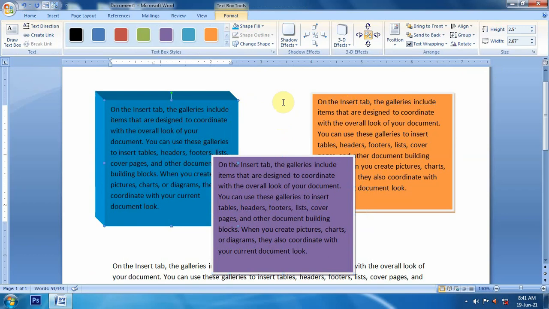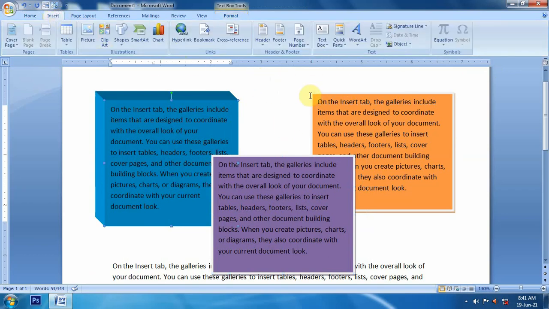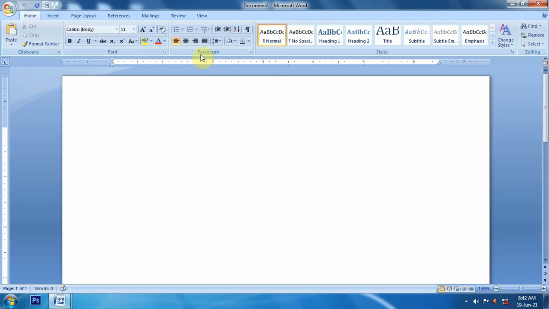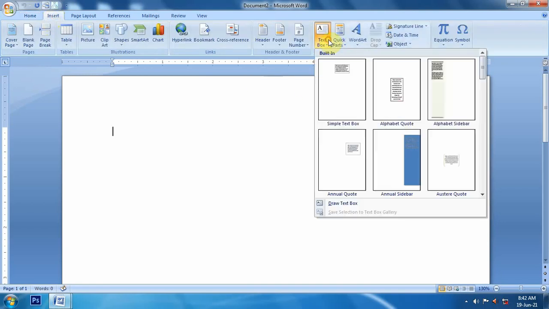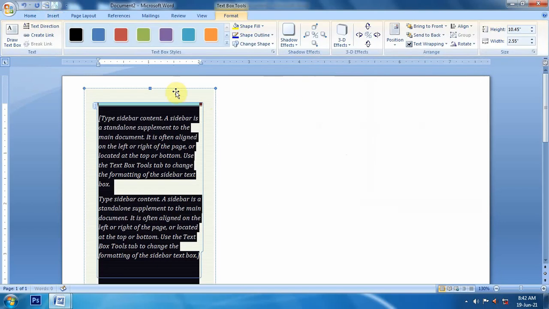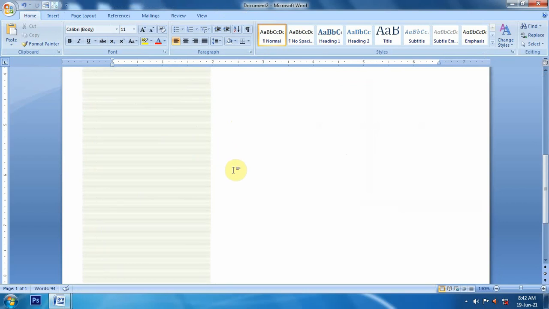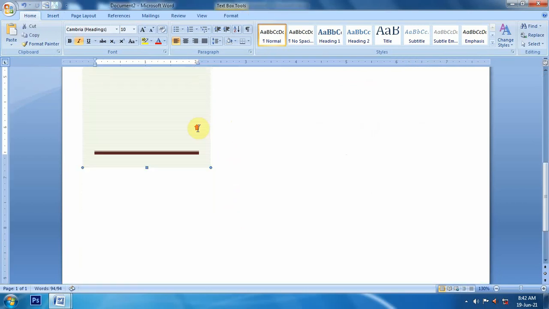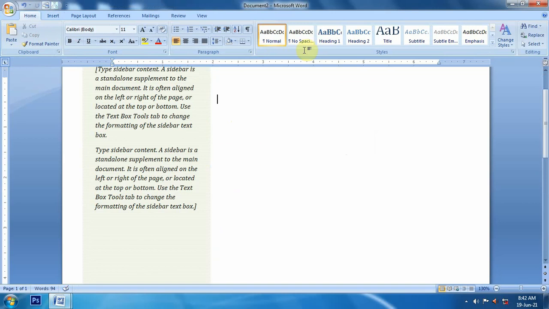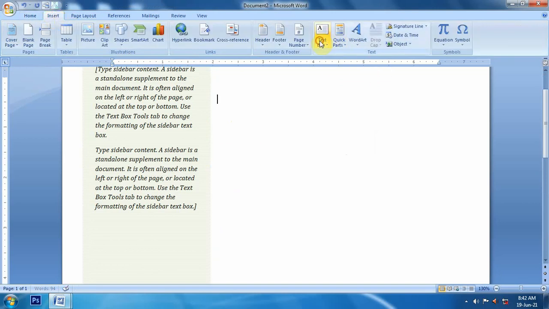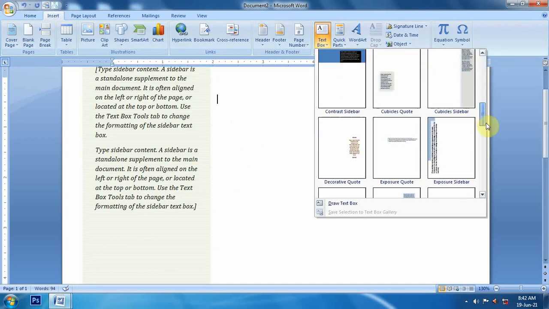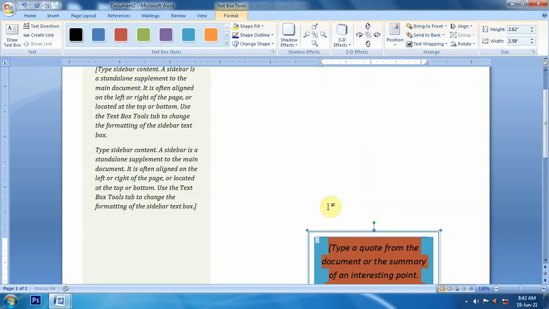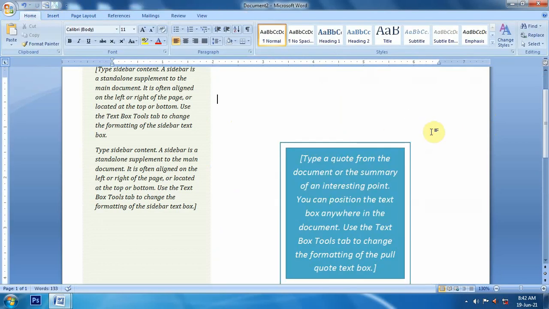One more thing is this: if you want to take multiple different types of text box, for that we'll go to insert, and here are different types of text box that we can take. These are text boxes of different variations. Different types of text box are here that we can use in our document. So this is the topic that was related to the text box.